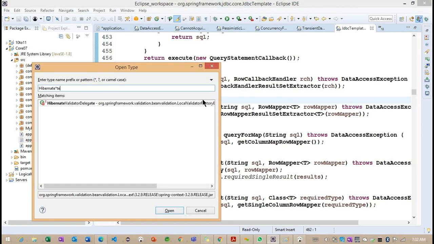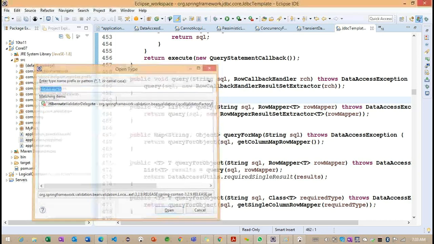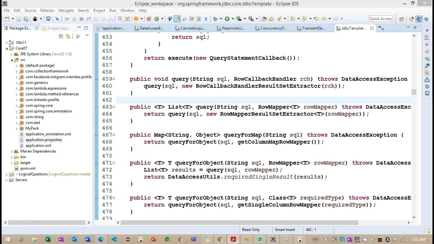To connect to these two ORM template classes, we need to add one more jar, the Spring ORM jar, to find these template classes. The first one is Hibernate template, and the second one is JPA template. We'll see the template classes in our upcoming classes. First we can focus on the JDBC templates here.